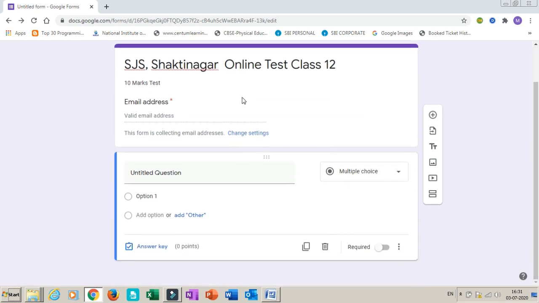Now you can see I'm getting the answer key. This is because I have made this form as a quiz. If we do not make the setting in a proper way, it will not be visible. Okay, now